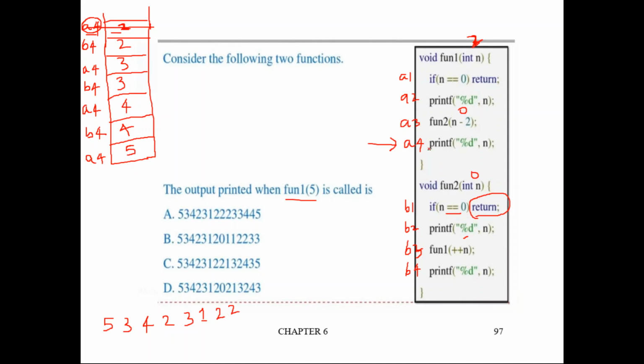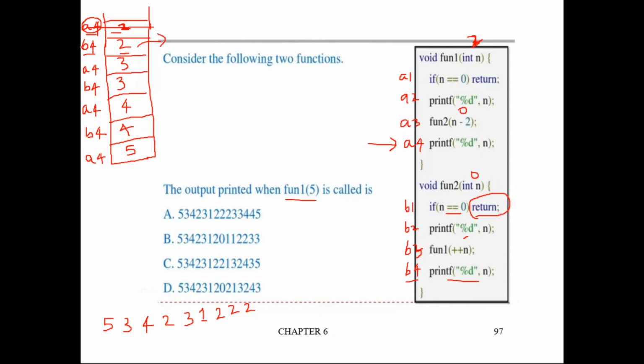Right. So again after this you see this close bracket. Close bracket actually means return. Okay, so again it is a return statement. So once again the top of the stack will be popped. Now top of the stack is this. So it says go to address B4 and current n value is 2. So B4 is this. So this print will execute, and what is n value? 2. So 2 will be displayed.